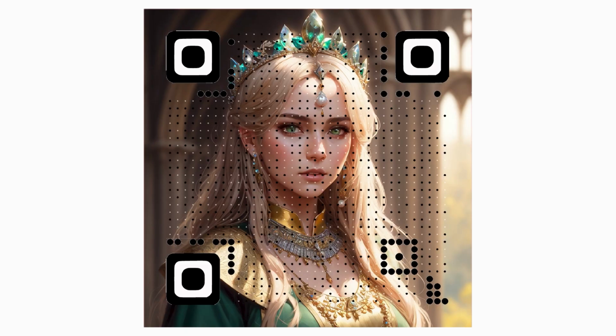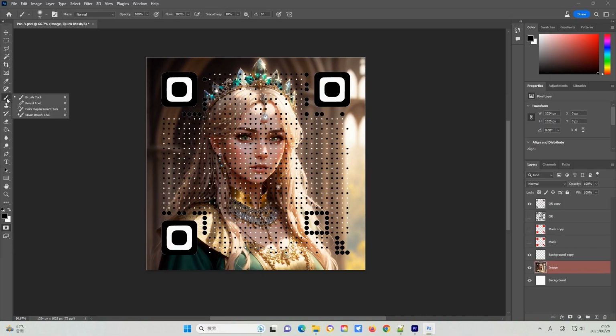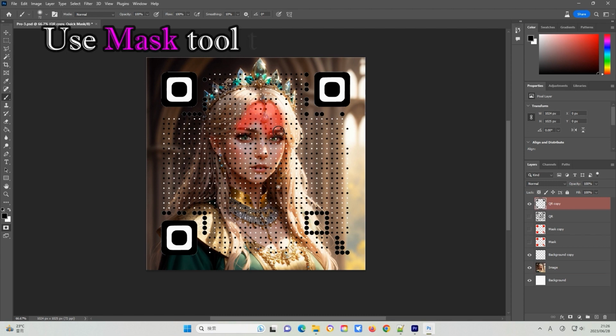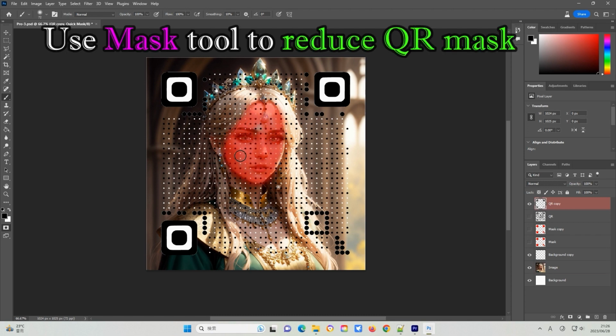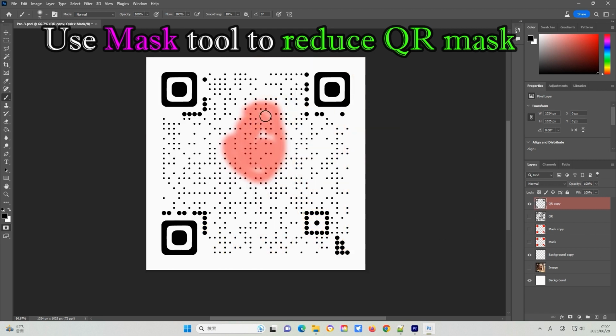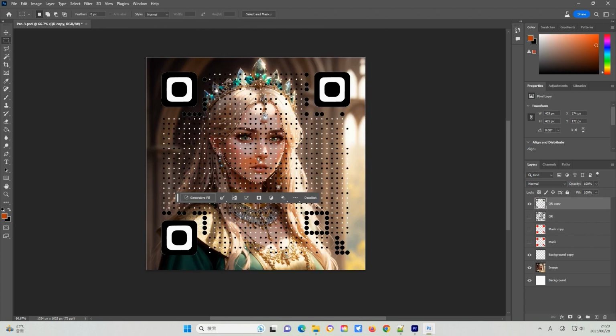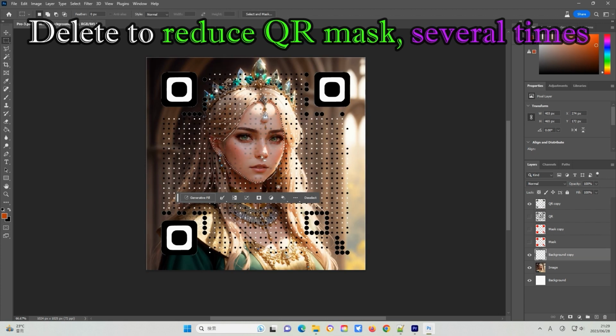Save the image. For the areas that need detailed information, we can use mask tools to decrease the intensity of the module image. Do not use black. It will remove the module image completely. Use some color, such as red. It will only decrease, just as using a transparency function.